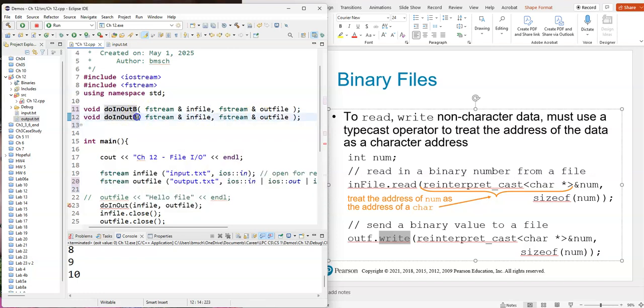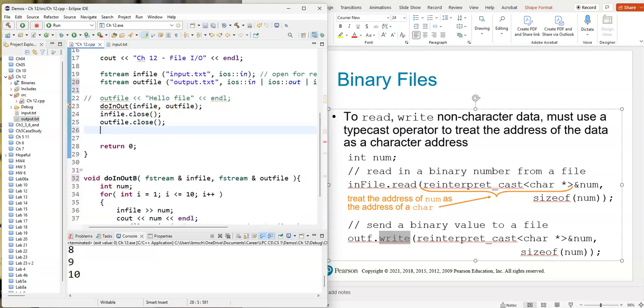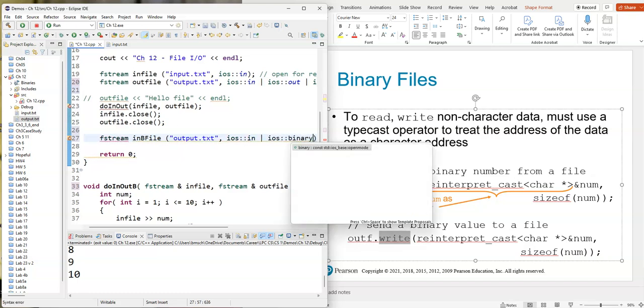And let's just move that binary bit to the input. Close, close. fstream in B file, output.text, comma, ios in or ios binary,